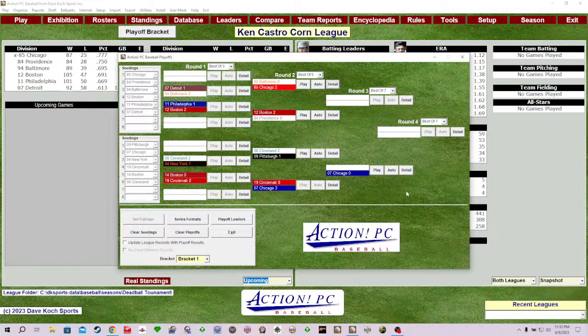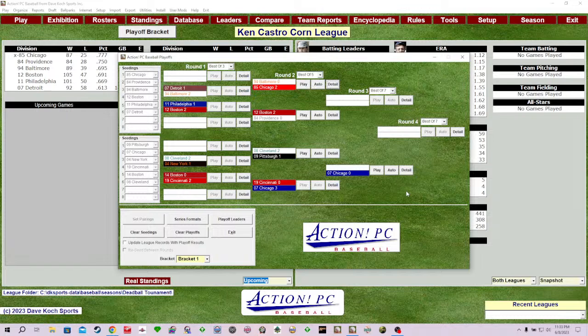The 1885 White Stockings are holding a 2-0 lead against the 1894 Orioles. Tonight's game, however, has the 1908 Cleveland Naps looking to move ahead and move to round three to face the 1907 Chicago Cubs. They will meet the 1909 Pittsburgh Pirates, the Naps holding a 2-1 lead in that one. So we're going to get to the ballpark. And then the other one that we won't be doing tonight, but the next time we meet, hopefully, the 1912 Boston Red Sox with a 2-0 lead over the 1884 Providence Grays.